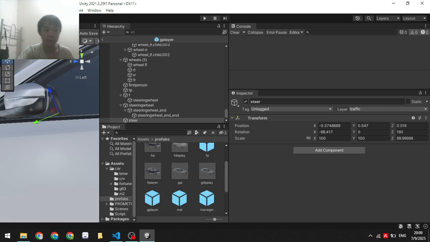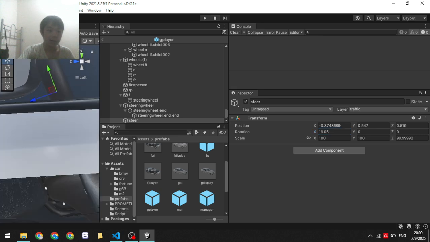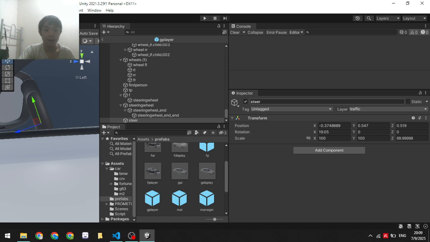Let me rotate this to 0 0 0, and then I will just rotate from the x-axis. I will rotate like this. So yeah, we get the same gradient right here.